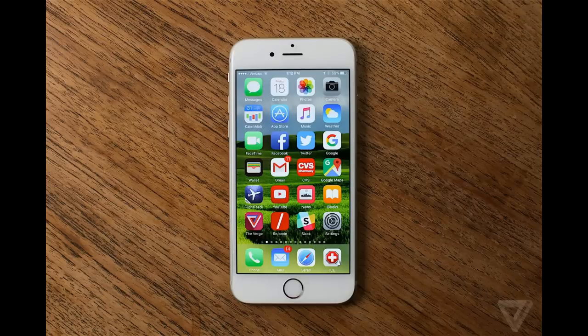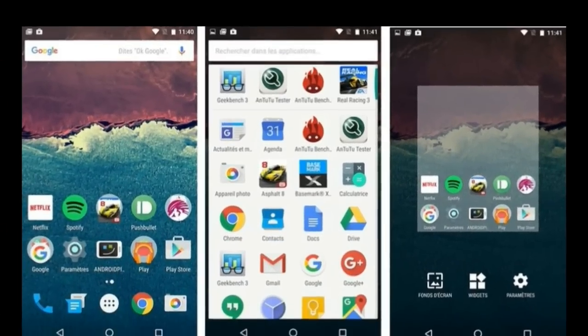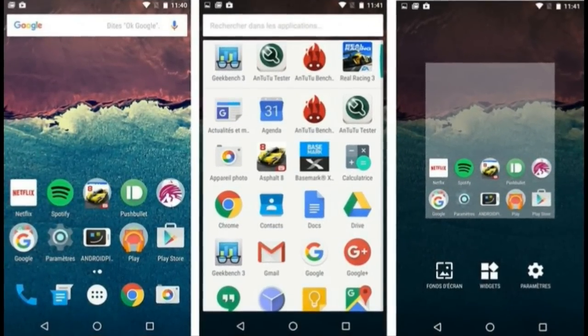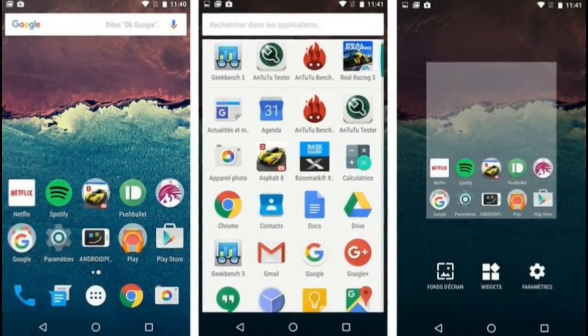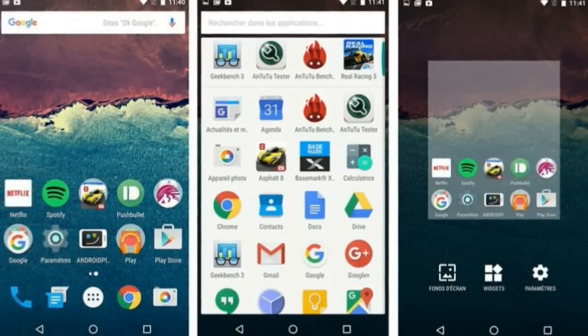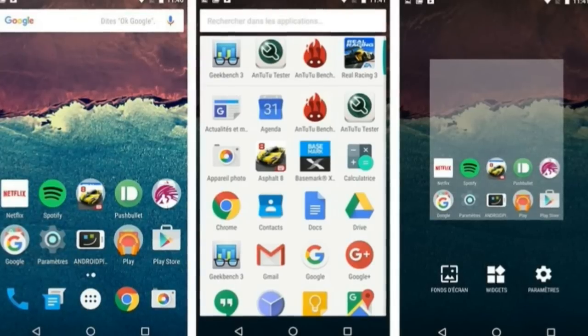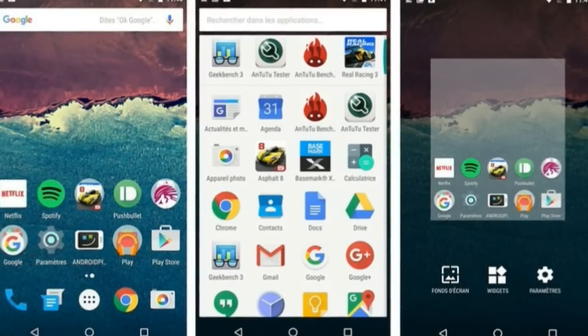Nexus 6P versus iPhone 6s Plus comparison: processor and storage. The Nexus 6P has an octa-core Snapdragon 810 with 4 low-energy cores and 4 high-performance ones, topping out at 2 GHz and backed with 3 GB of RAM. Internal storage is 32, 64 or 128 GB, and there's no option to add more with micro SD cards, which